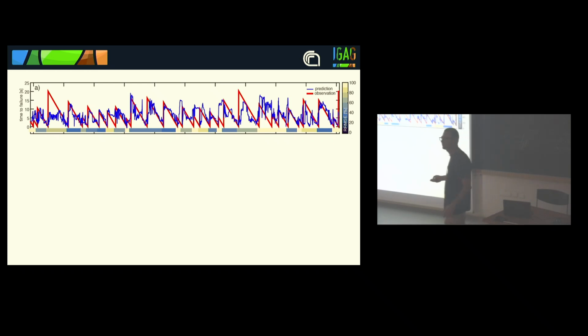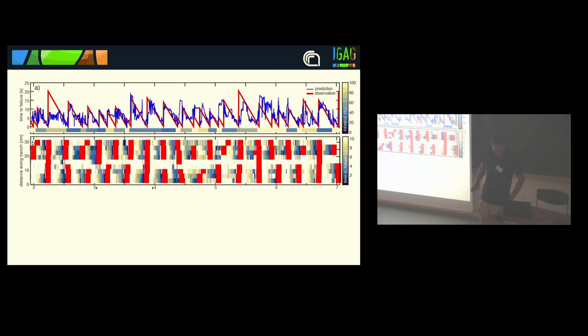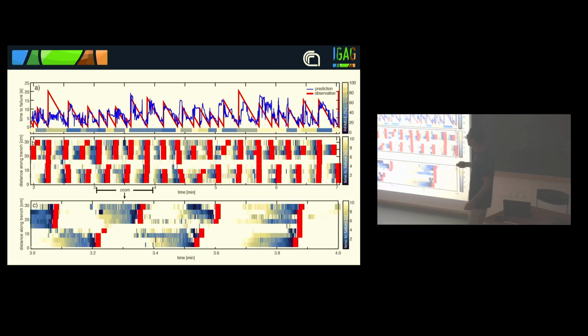We all became familiar with time to failure decreasing as it approaches the next earthquake. That is the red line here. And the prediction, as you can see, works so-so. Here you have the relative root mean square error for comparison. But if we extend this type of analysis in space, you get this type of representation, which is quite messy,